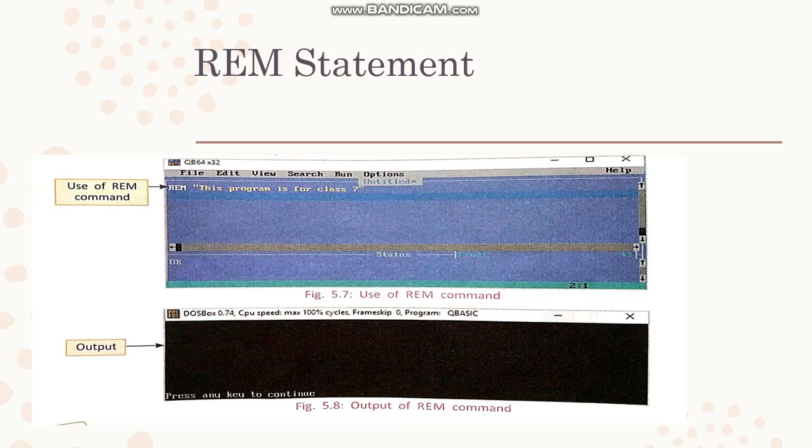You type the command REM "This program is for class 7". Then press the F5 key. The program is executed and the output window is displayed on the screen. You see the output screen. No message was displayed because the REM statement displays the notes only.